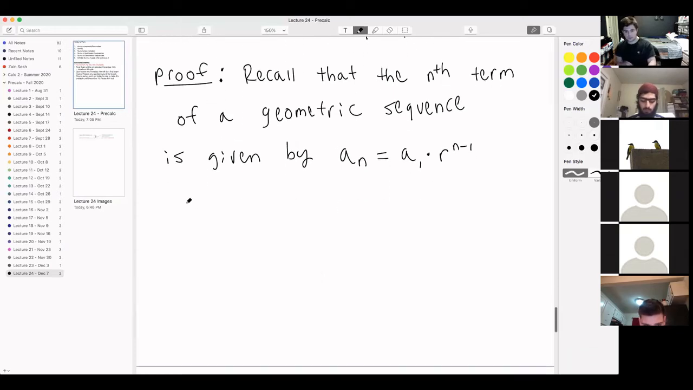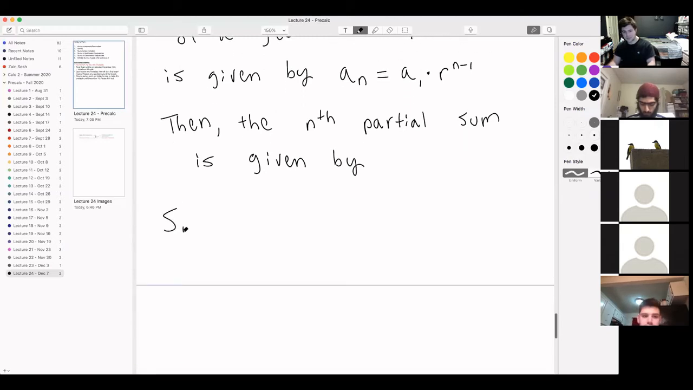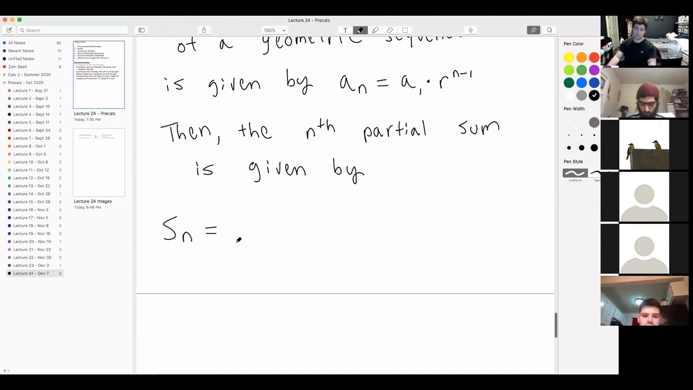Good. So then the nth partial sum is given by, by definition, the sum of the first n terms. I'm going to use this formula now and sum together the first n terms. So it's A sub 1 times r to the 0th power, which is just 1, so it's A sub 1 itself, plus A sub 2 times r to the first power,